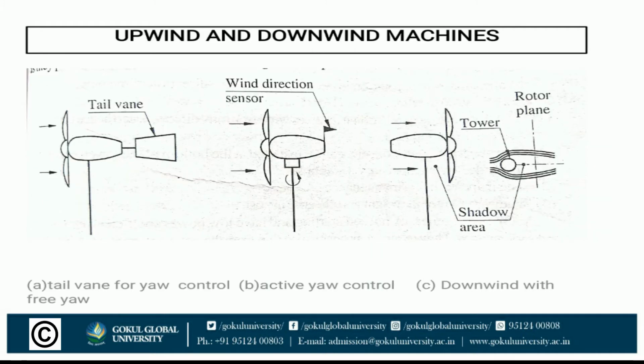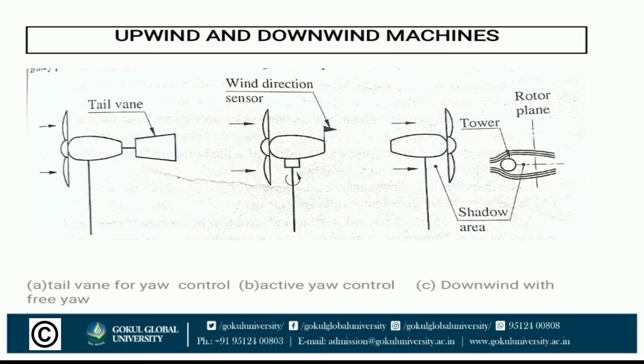It is a diagram of the upwind and downwind machines. An upwind machine is one in which the rotor is located in front, meaning upwind of the tower. In case of a downwind machine, the rotor is located behind, meaning downwind of the tower. A downwind machine's low rating allows the use of a pre-yaw system. For example, its rotor automatically orients to the direction of wind. It also allows the blades to deflect away from the tower when loaded.